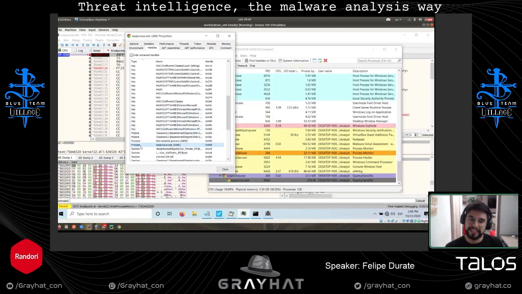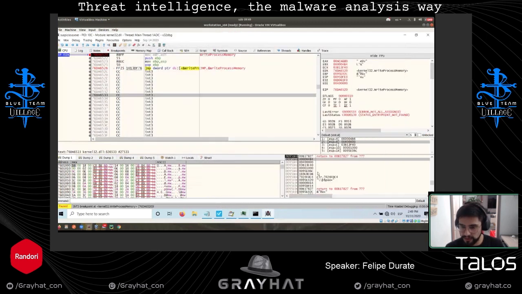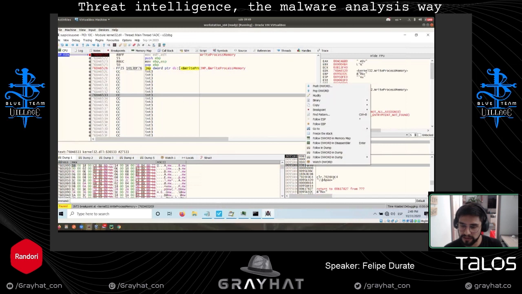So the process handle in which we are going to write is suspicious.exe, and its PID is 6060, which is actually this one. So yeah, we are on the right path. The second thing that we saw, we are going to write in that process at address 450. Okay, and what we are going to write is the information that is located in this buffer.